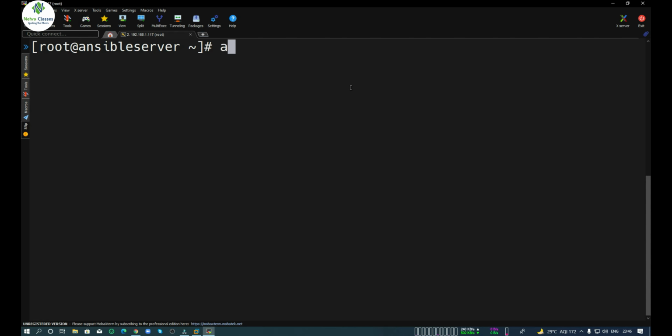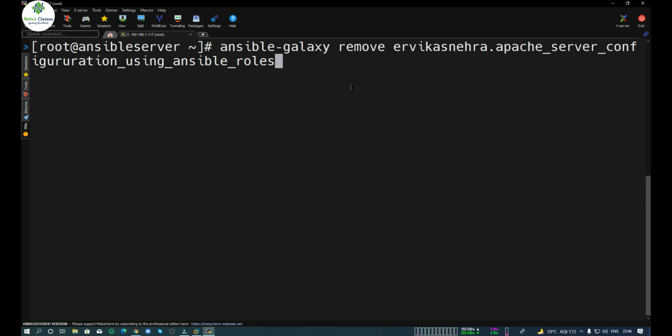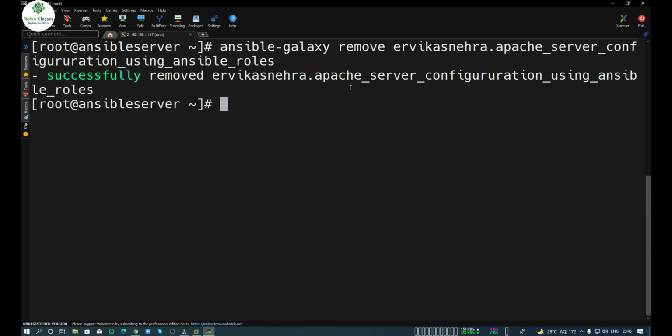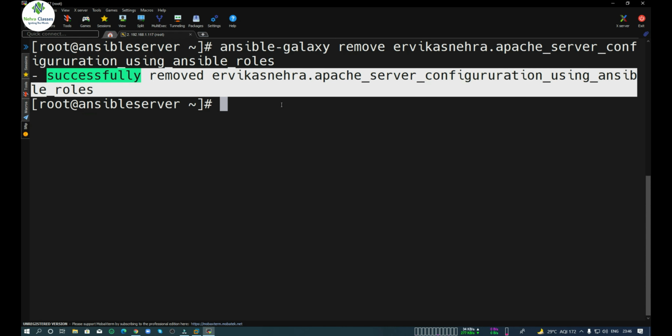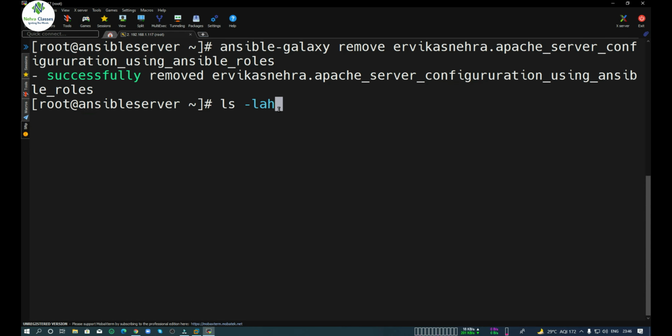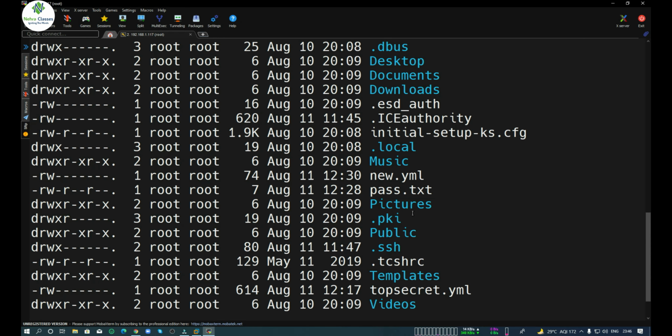So let me execute the ansible-galaxy remove command, and after that we will mention the role name and press enter. So this will remove the role from our machine. You can have a look at this. Successfully removed. Let me list the files and directories in my home directory, and there you can see that